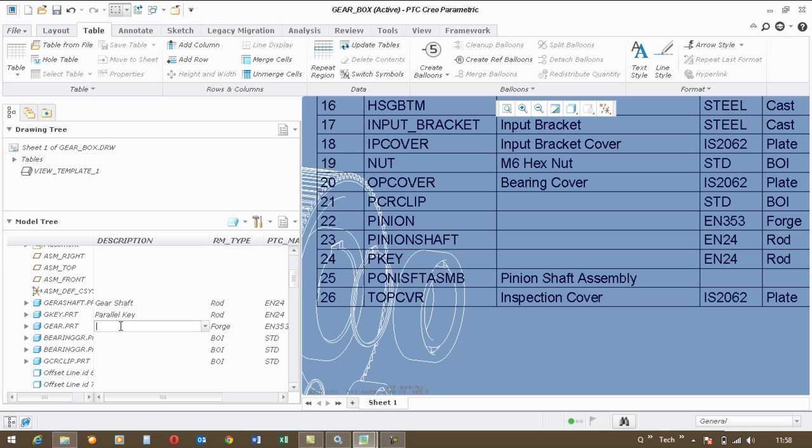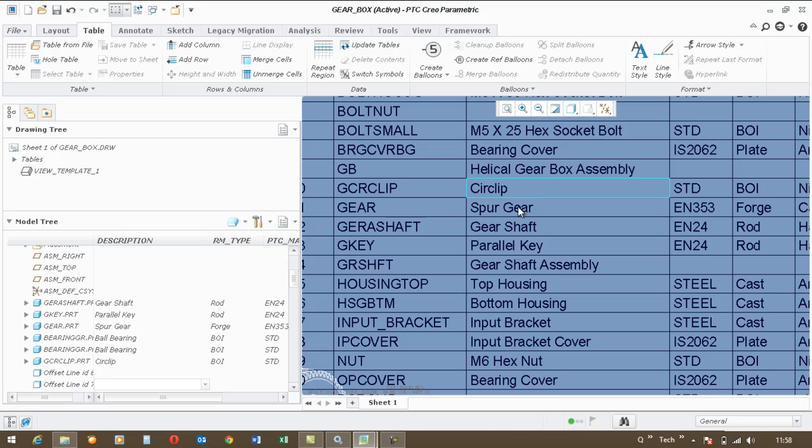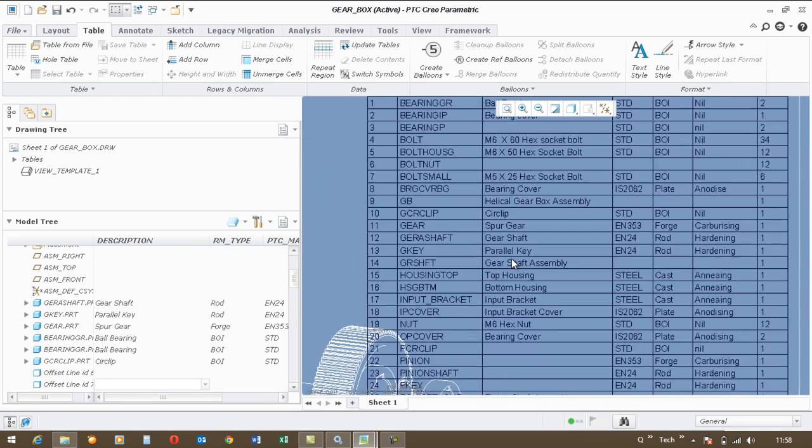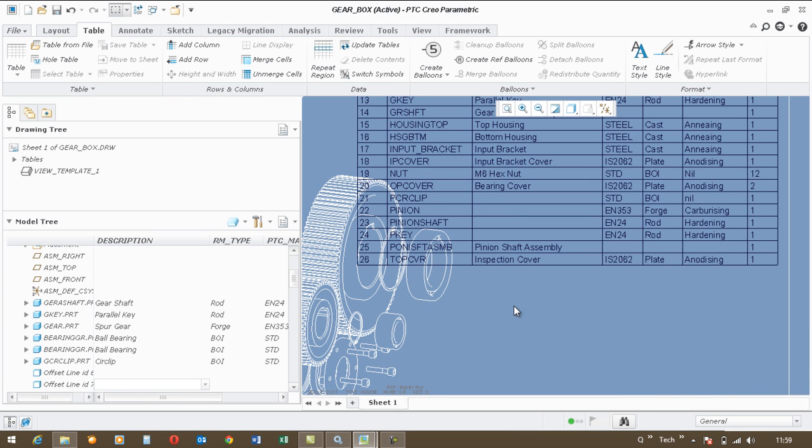So I'm entering some values for individual components. Come back to the table, and notice that these parameters have automatically populated immediately after the values are updated.